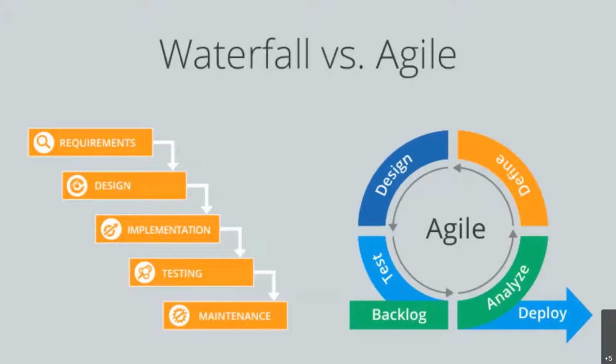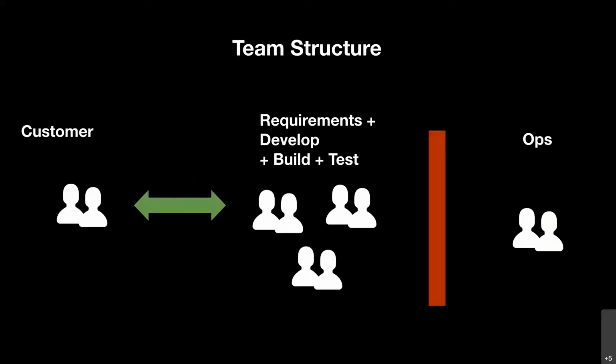So it's more iterative. And by doing so, you're actually able to create software and ship software a lot faster. Right? So what it's actually done is it's broken down a couple of walls. Between the customer and the project team, the one that is really building it, it has actually made software development a lot quicker. But there is still one big wall that remains, which is the operations team.